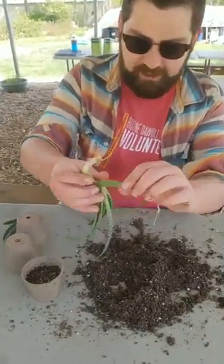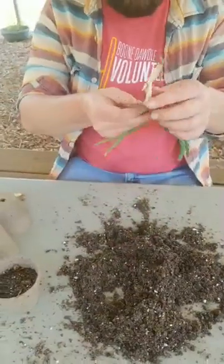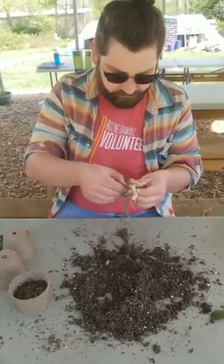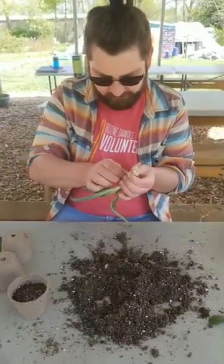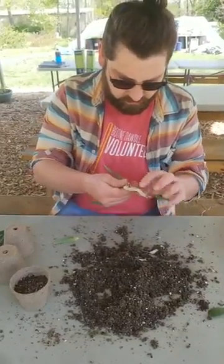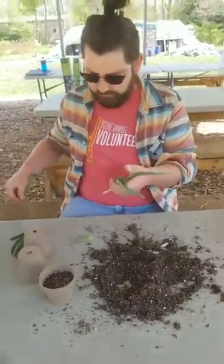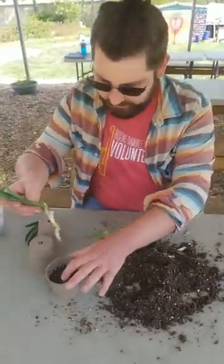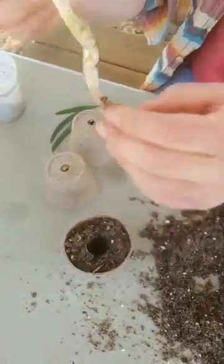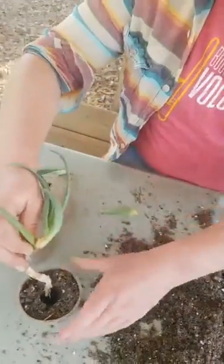And see, this leaf right here is kind of sad and wilted, so we'll just get rid of that. Same with this one down here. Not super happy looking. And then just poke a hole down towards the bottom. Now this has got a super long stalk on it, so really we would want a bit deeper of a